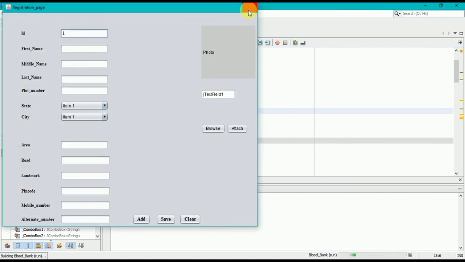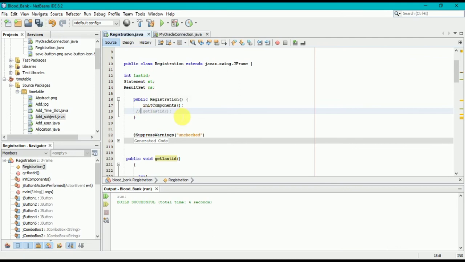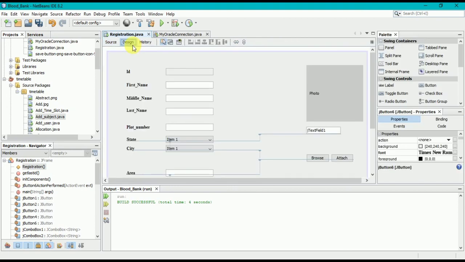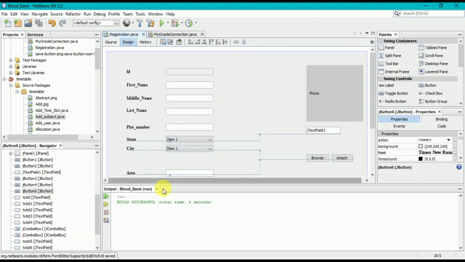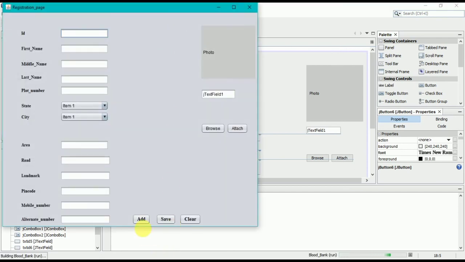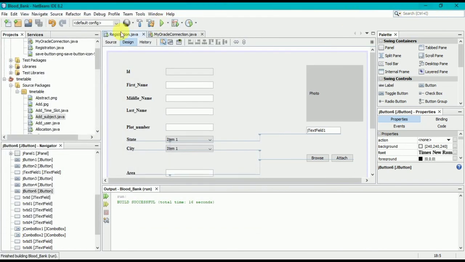It's working. Technically, we should not call getLastID in the form load event, because sometimes we have to insert more than 2, more than 10 records, and it is not possible to always close the application. That's why we are going to call it via a button. If we save this code, you will have the auto increment ID from 1, 2, 3, 4 and so on. In this way you can use the code and auto increment the ID in Java desktop applications.